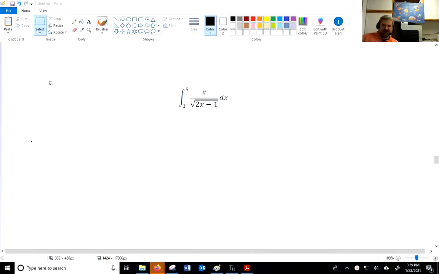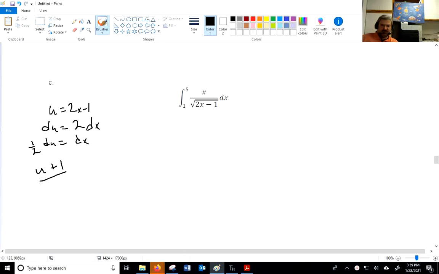All right, let's take a look at this one. We're going to let u equal 2x minus 1. So du equals 2 dx. But unfortunately, I have an x, right? So I'm going to go ahead and make this 1/2 du equals dx. But then I'm going to solve this top one for x, making it u plus 1 over 2 equals x. So then this becomes, with a 1/2 on the outside,